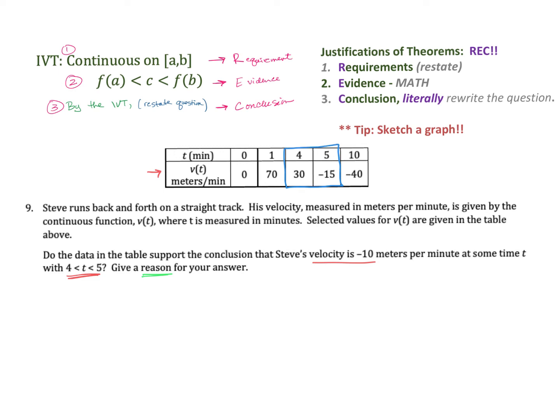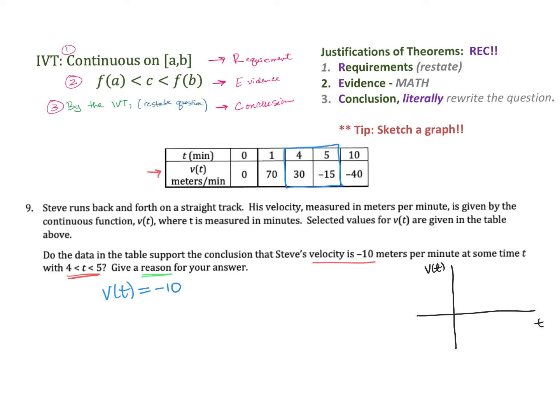And we're trying to see if v of t equals negative 10. So don't forget that IVT is talking about y values. Although it won't be considered in your grade, it's sometimes helpful to sketch a quick graph just to get a visual of what's happening. So this is the t-axis, this is the v of t axis, and our ordered pairs